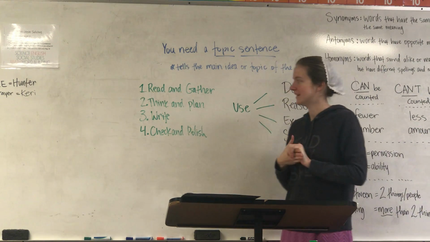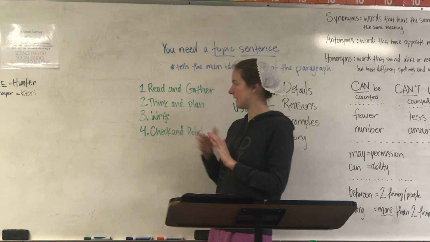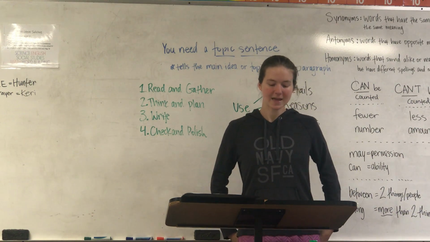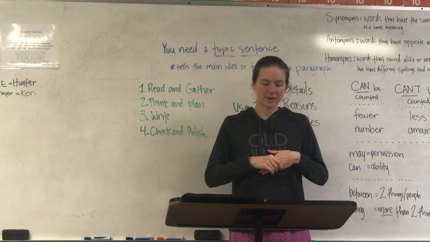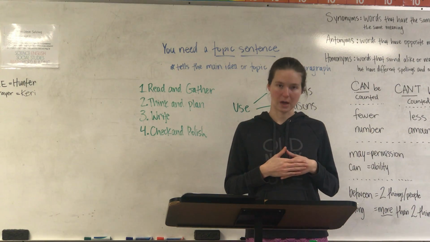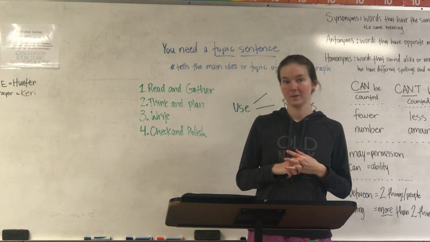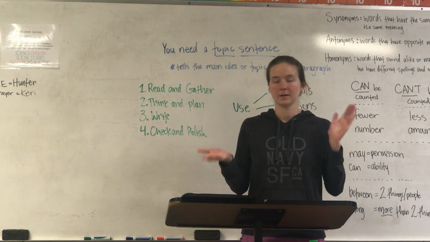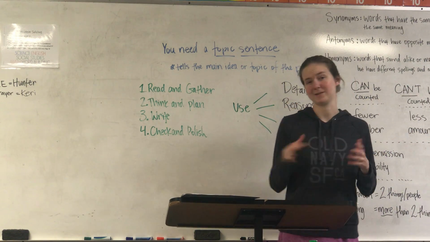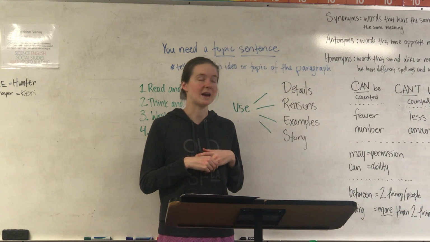All right. Number 2, think and planning. So on page 269, write B. It says, answer one of the following questions in paragraph form on notebook paper. All right, let's talk about paragraph form. Paragraph form means you indent. A paragraph normally is 4 to 6 sentences. That's the length of what I want you to write.